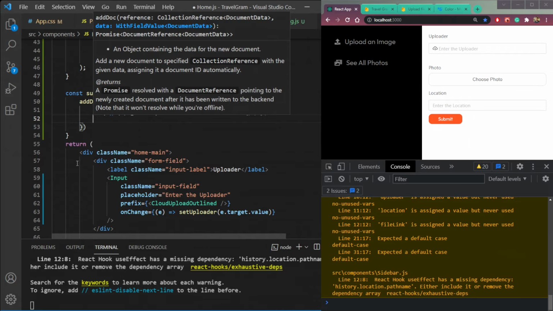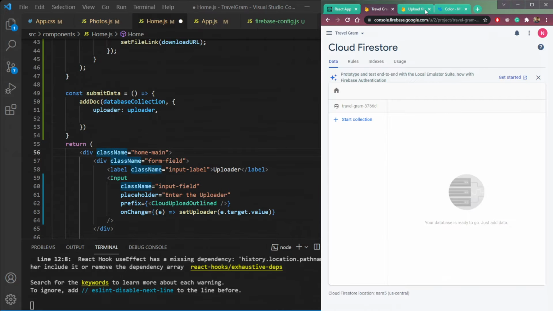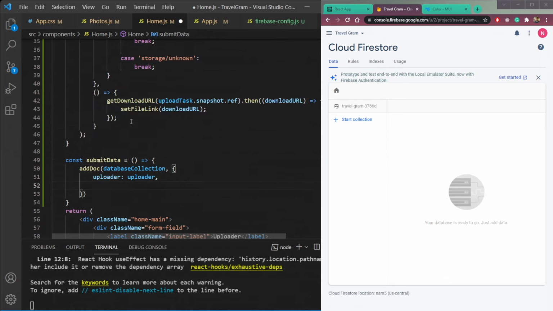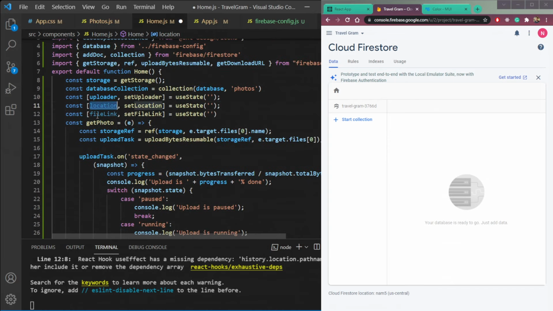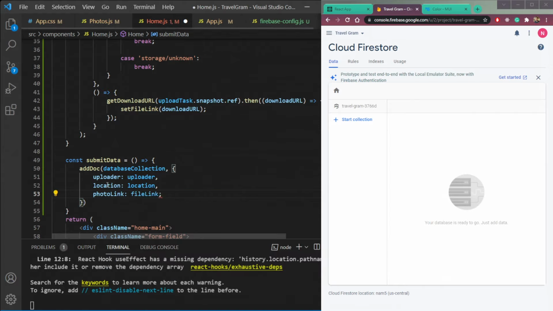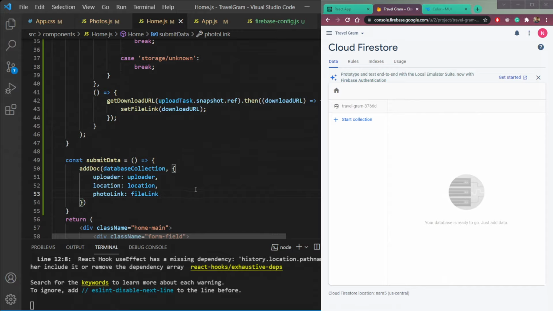This first uploader is the data that will be sent or seen here in this Firestore database. Second uploader is our state. Second state is called location. So just put location as location, doesn't matter. Third is the file link, or let's say photo link, and this will be file link. So it's done.